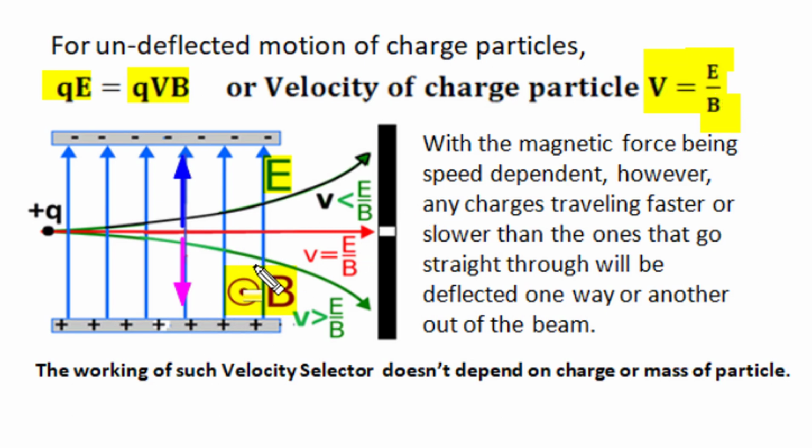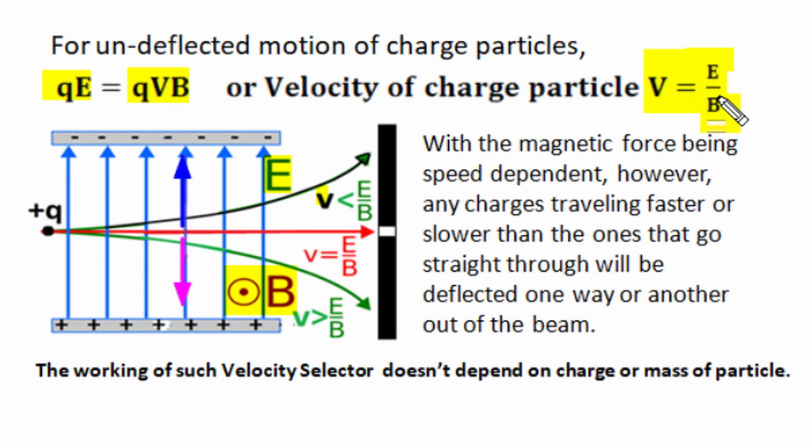Since the magnetic field force QVB depends upon the velocity magnitude of the moving particle, those particles having velocity less than this ratio of electric field intensity to flux density will have a lesser amount of magnetic force and a higher amount of electric force, so they will deviate from their straight path in the direction of electric force, or in the direction of electric field, as shown by this black direction,